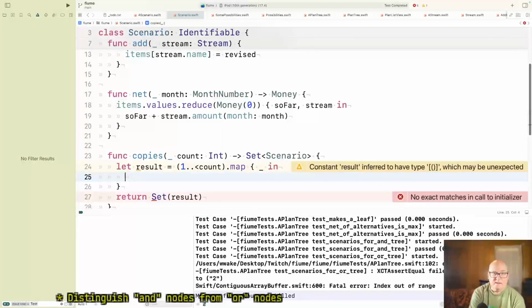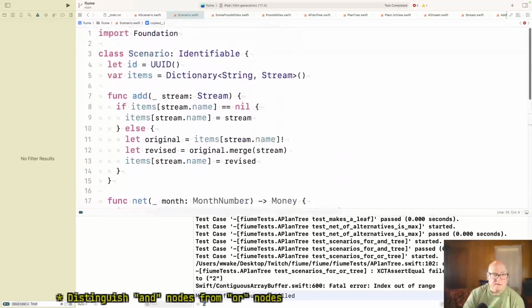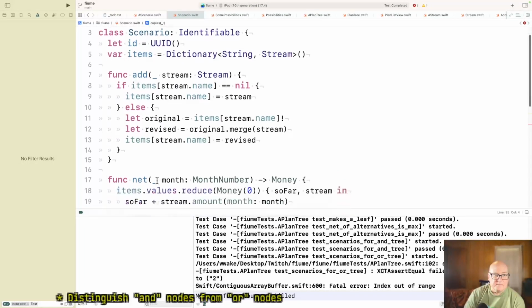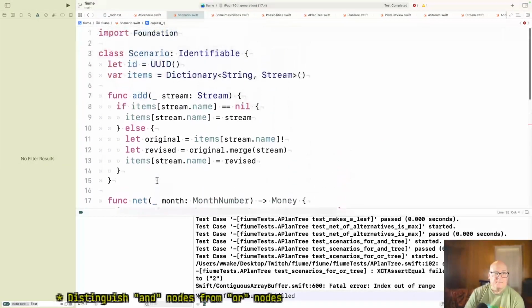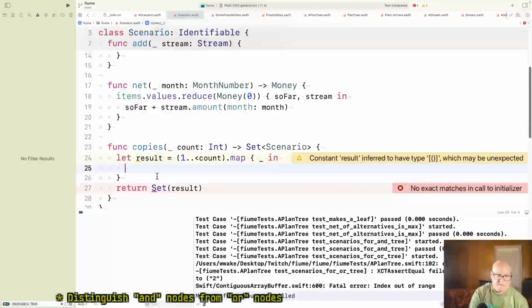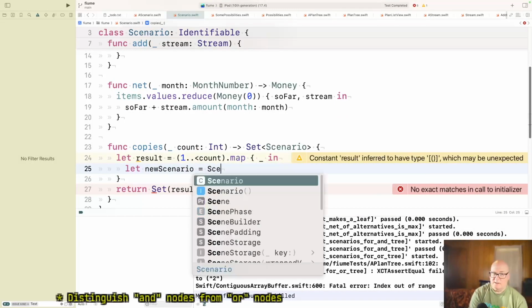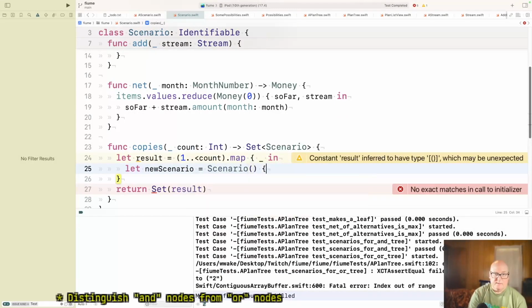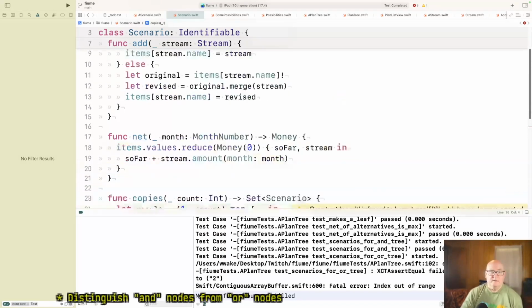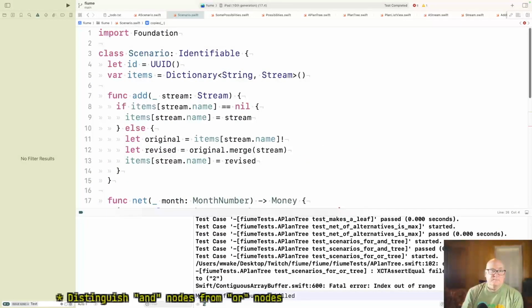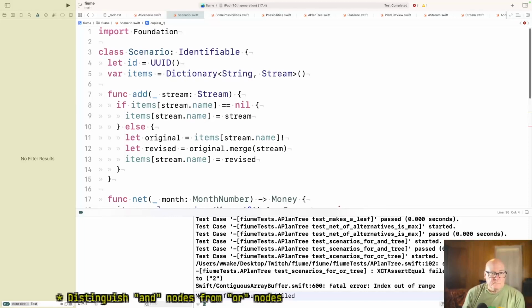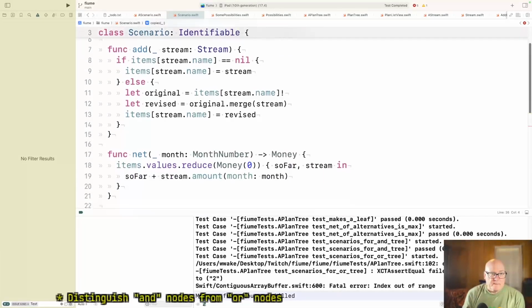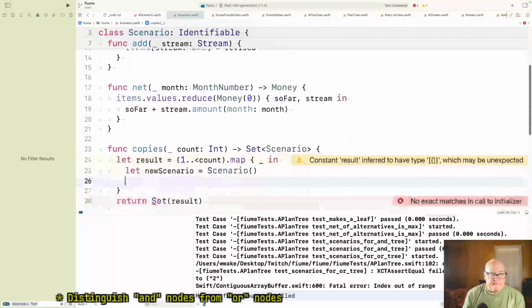Okay, I'm going to make a scenario. Okay, what new scenario equals scenario. And then, boy, I think I want that.